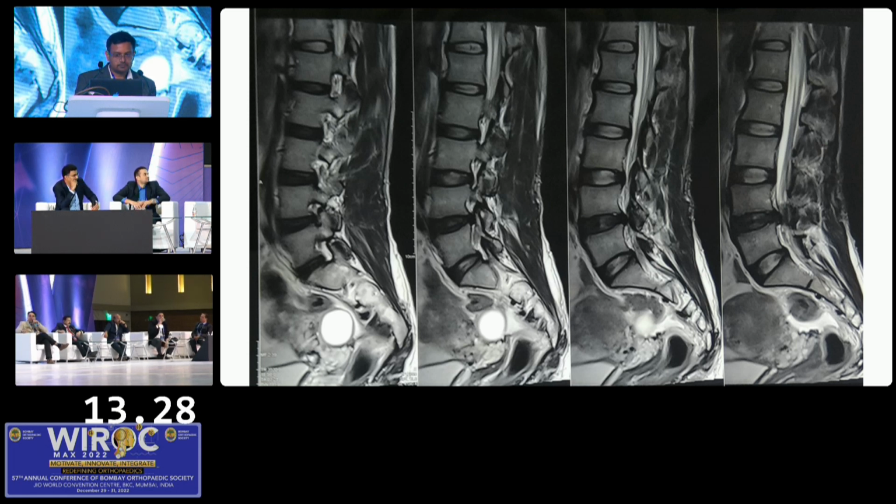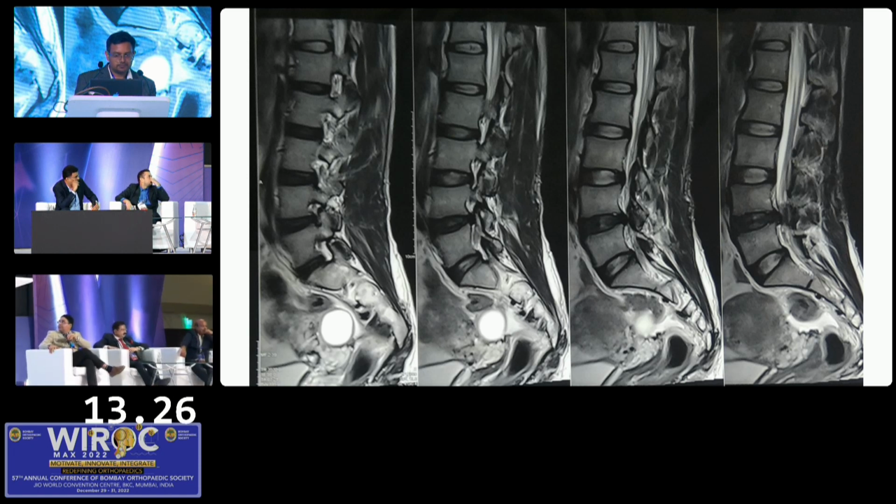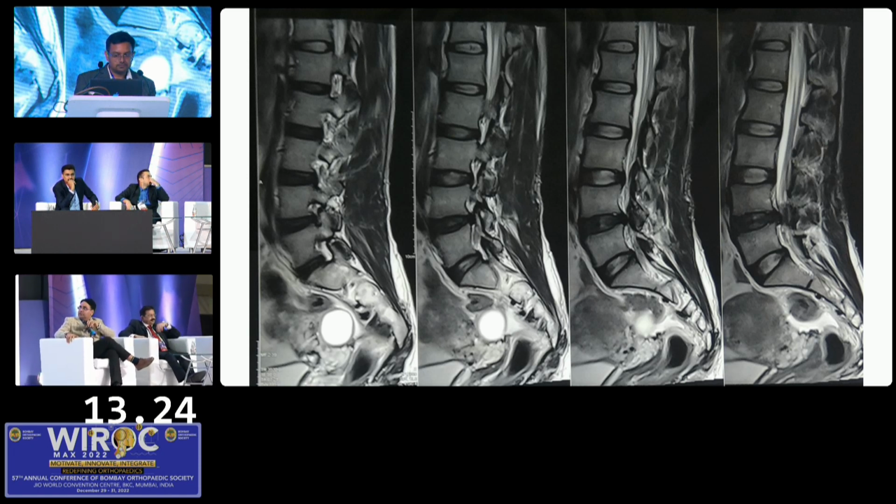I saw what you already told. There is a central disc and lumbar canal stenosis centrally as well as in the lateral recess, and some foraminal disc which is touching the nerve in the foramen, mostly on the medial side. And the rest of the discs, above and below, are fine, so that should not be a worry.